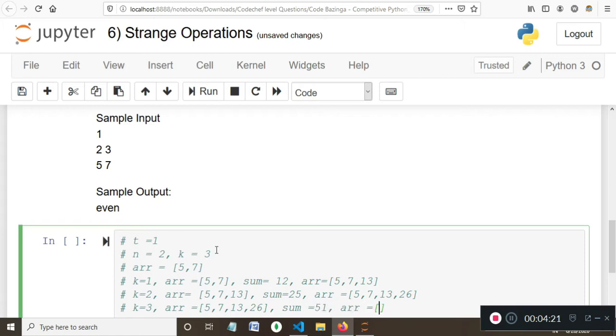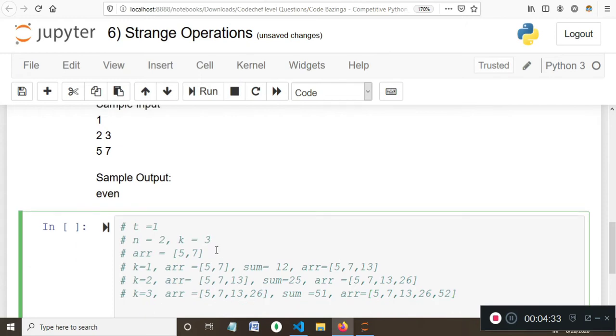So the array turns out to be 52. Now what the question demands is to evaluate whether 52 is even or odd. So we'll simply print even, because 52 is an even number. So I hope this explanation part was clear.